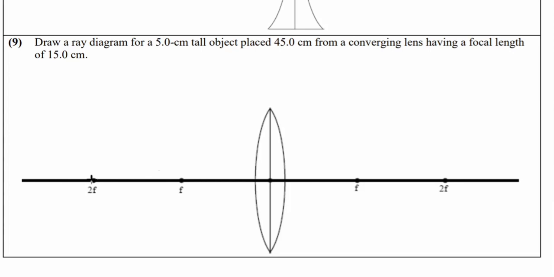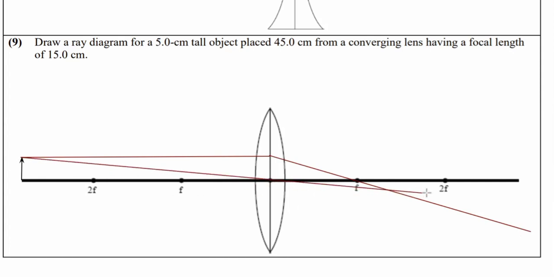So using a ruler, we're going to measure 45 centimeters and we're going to place an object at 3f that is going to be 5 centimeter tall. I'll just estimate how tall that will be, but you are actually going to use a ruler to draw your object. Now we are going to show the light rays converging, as this is a convergent or a convex lens. This is going to pass through the focal point, and the other light ray is going to pass through the optical center. This was the first case that we studied in which your object was beyond 2f,